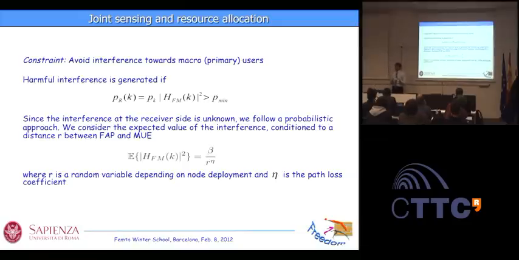Constraints. So I mentioned the utility function that we want to maximize, but of course we also have constraints. The first constraint, the most interesting or the most difficult one, is the interference constraint. What does it mean? That the received power, PR sub k, received by some macro user over a certain sub-channel k, we want this received power to be smaller than a given P min, a certain power.